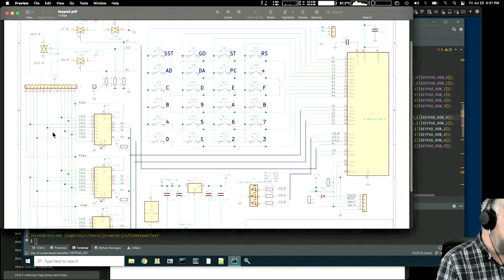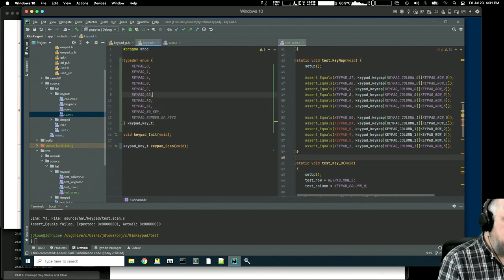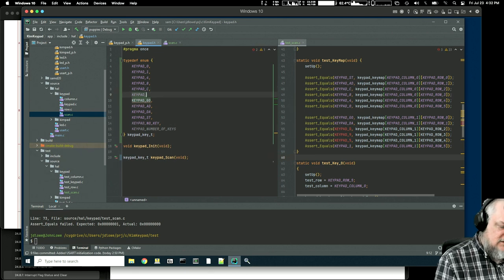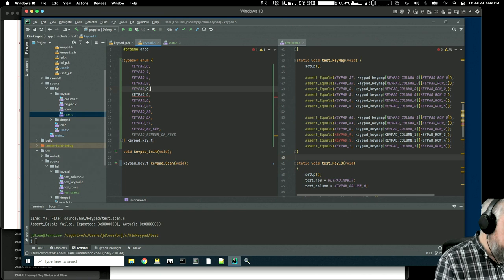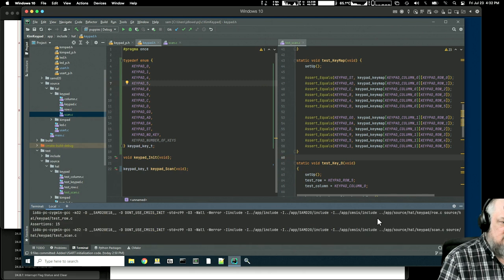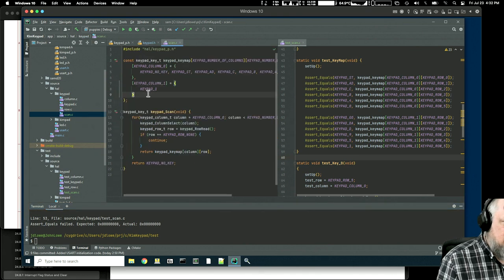So we have go, and we have DA, and we have D, and we have a 9, and we have a 5. And the assertion fails because we didn't populate the array. But that's okay because